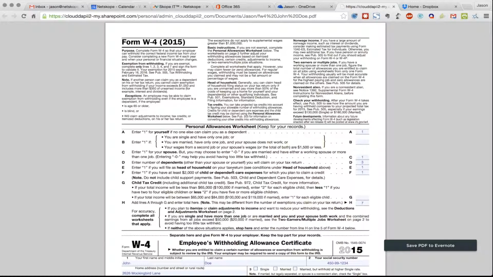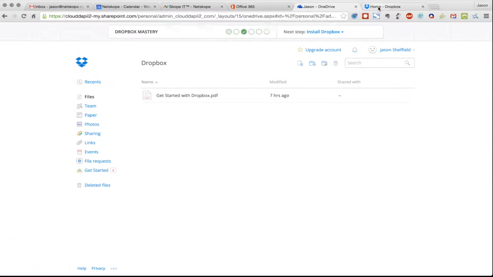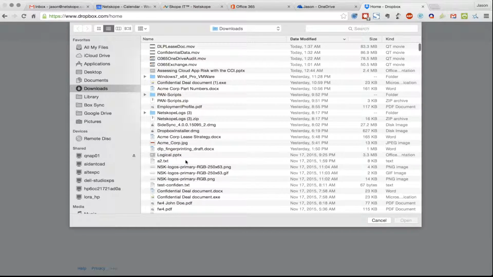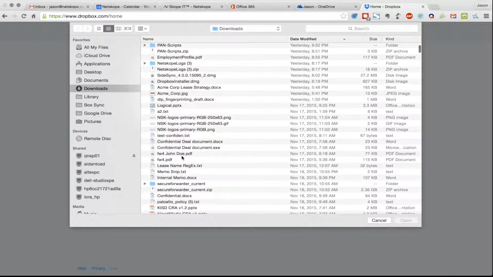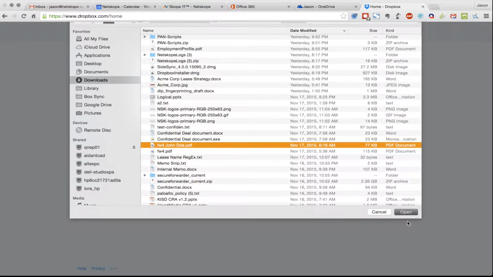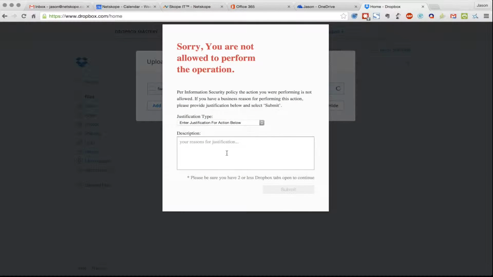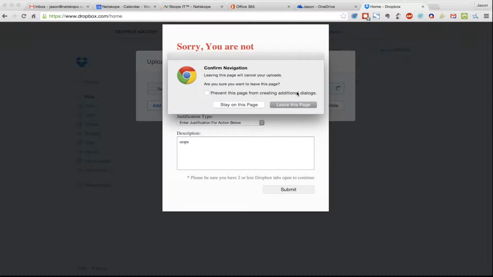So the way that the Netskope fingerprinting works is we can fingerprint the blank file and then check it against that blank file to see how close it is, and then be able to provide a verdict on that. So I'm going to go over again to my Dropbox account, and I'm going to upload the same file that I just showed, and it should show us the action that I'm not allowed to do that. So I'm going to say oops, and it's going to block me from doing that.